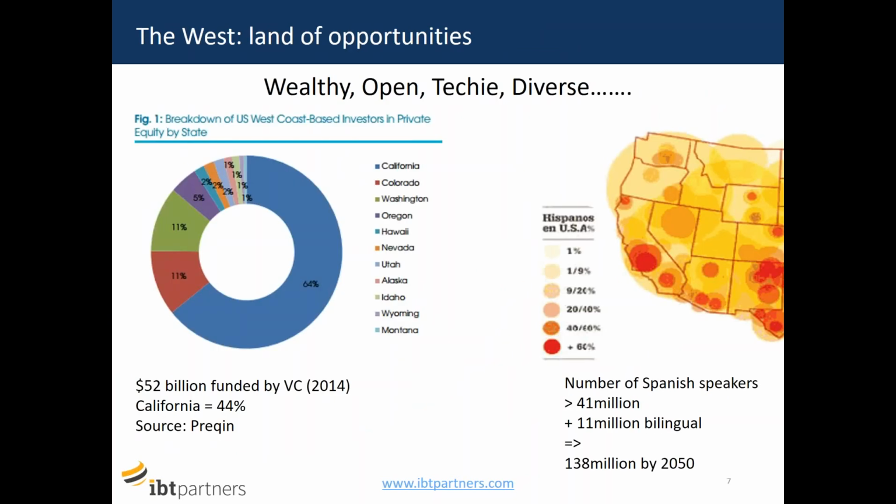Then, obviously, the West, all very wealthy and very techy. In terms of wealth, by the way, the West Coast has the highest number of ultra high net worth individuals. That's people worth more than $30 million in cash, according to Forbes. In terms of GDP, it's the equivalent of, let's say, Germany and the UK combined. It's over $6 trillion. And obviously it's a leader in things like aerospace and communications and media, but it also has a lot of manufacturing.